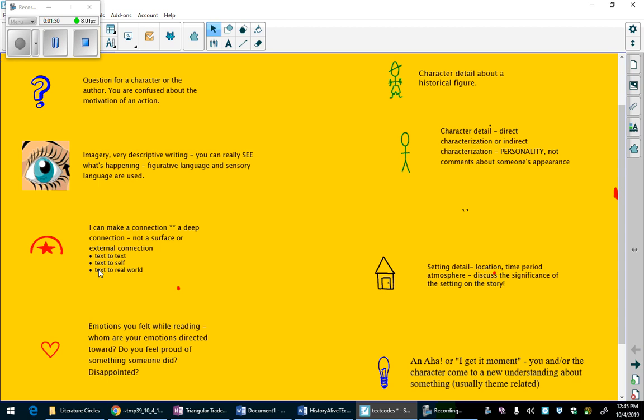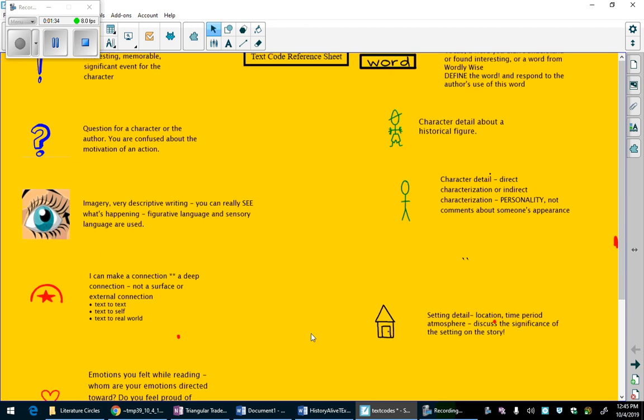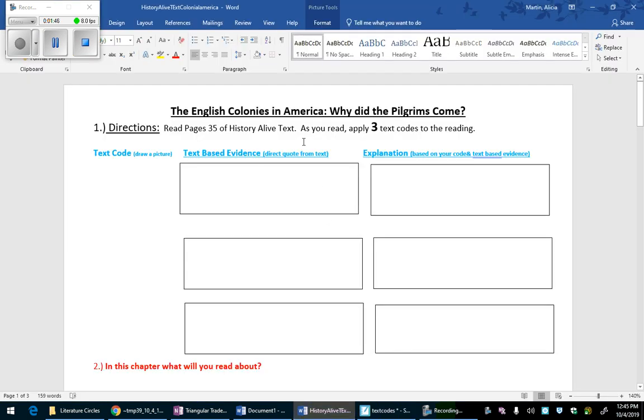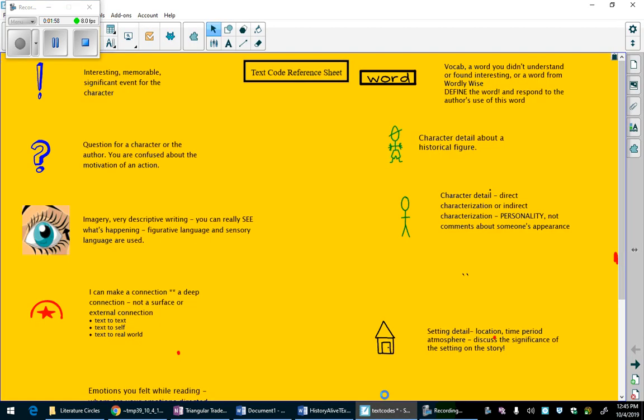You'll notice I've taken away the heart and replaced it with the detective so you can dive deeper into content, terms that you don't understand. So we're going to take a look back here. And as you read, I want you to apply 3 text codes to the reading. You might want to stop on things when you find it interesting, or you have a question, or you have a character detail,